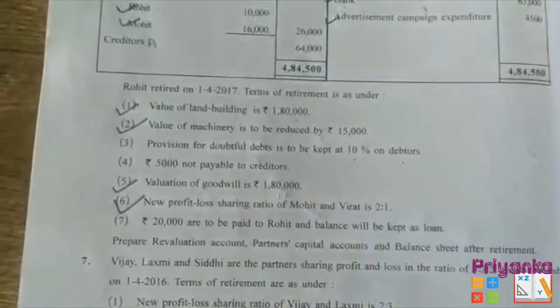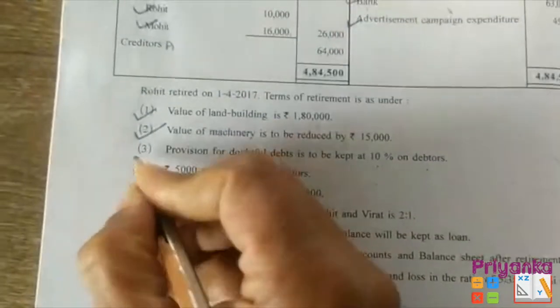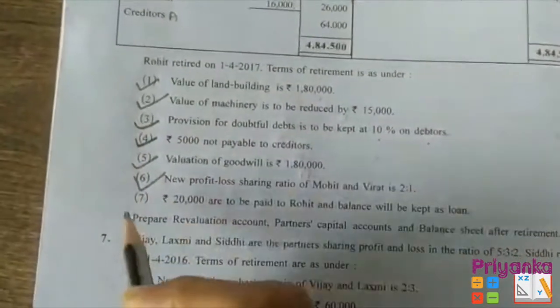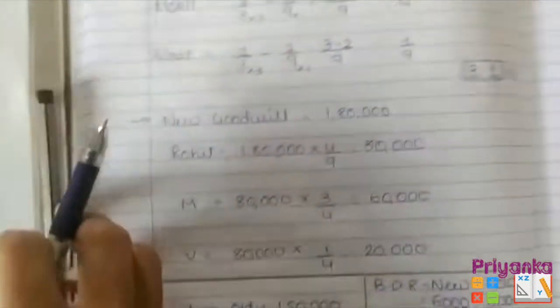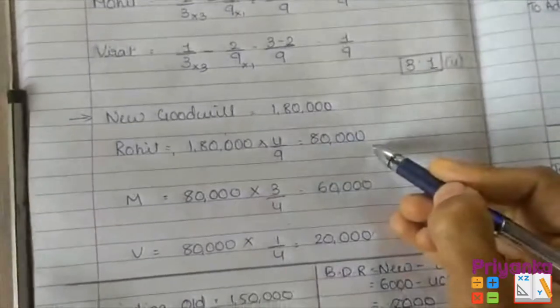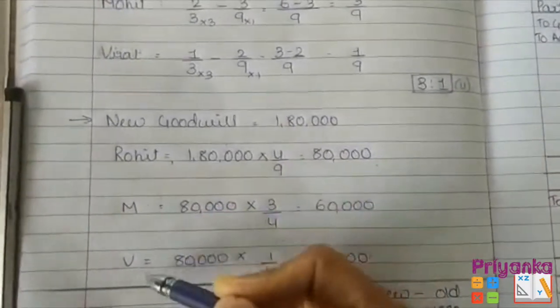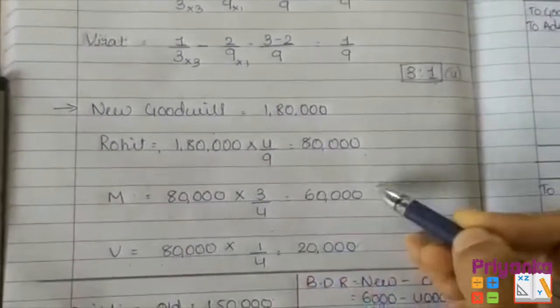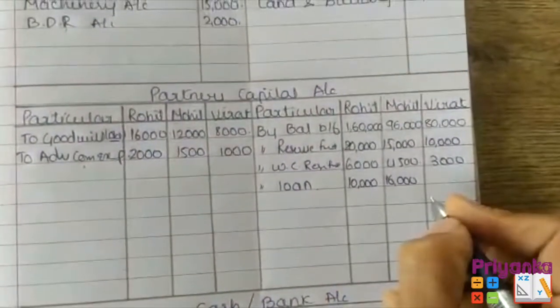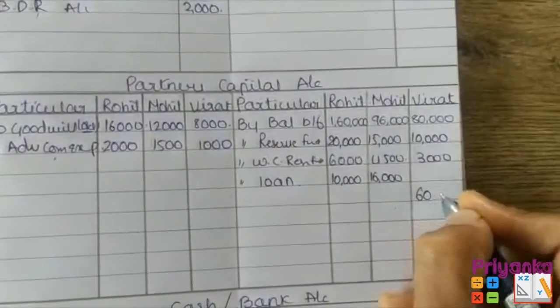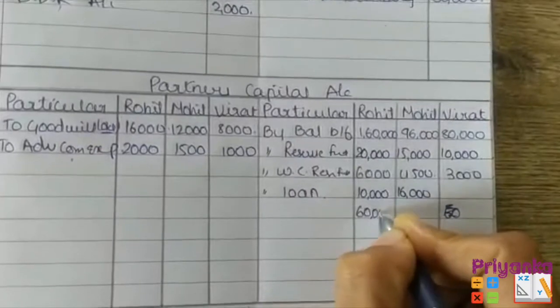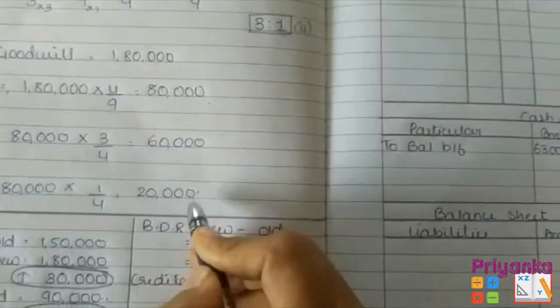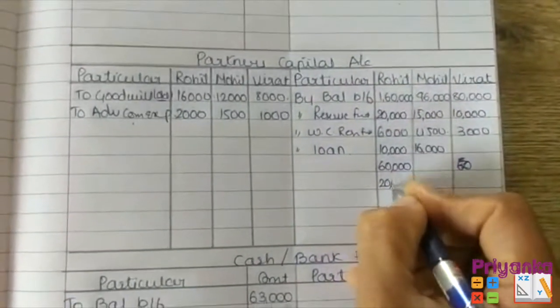नेक्स्ट, वैल्यूएशन ऑफ गुडविल, दैट आई ऑलरेडी शोन यू एट द बिगनिंग, and the new P&L also I have shown you, but the entry is left. Let me put the entry for this. Here is the new goodwill. रिटायर पार्टनर को इतना मिलना चाहिए. रिमेनिंग पार्टनर का गेन रेशियो के हिसाब से 60,000 और 20,000 उनको देना है. तो here first we'll take 60,000. Oh sorry, the partner is retiring is Rohit. तो 60,000 भी देना है here और 20,000 भी देना है, तो मिला के 80,000 हो जाएगा.